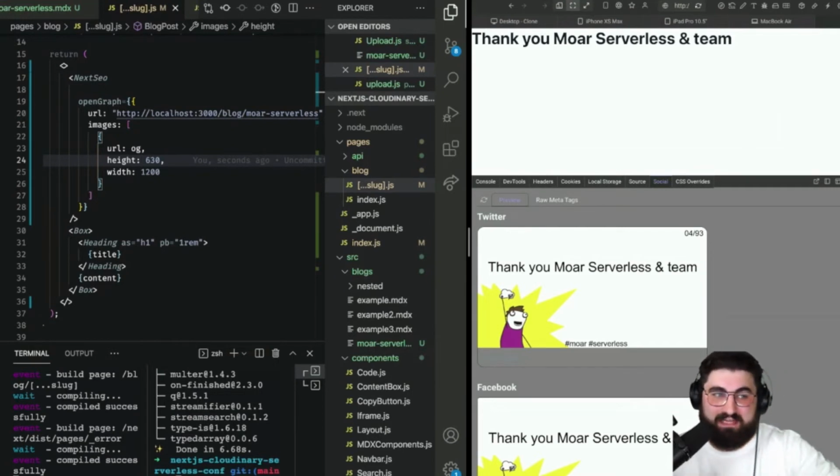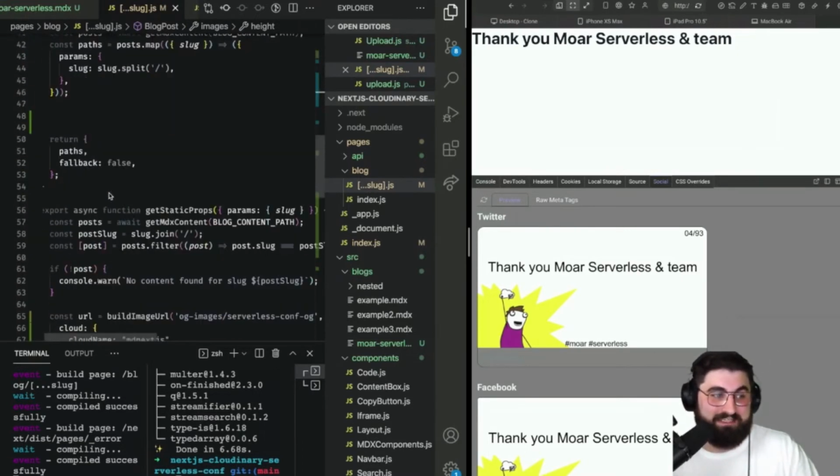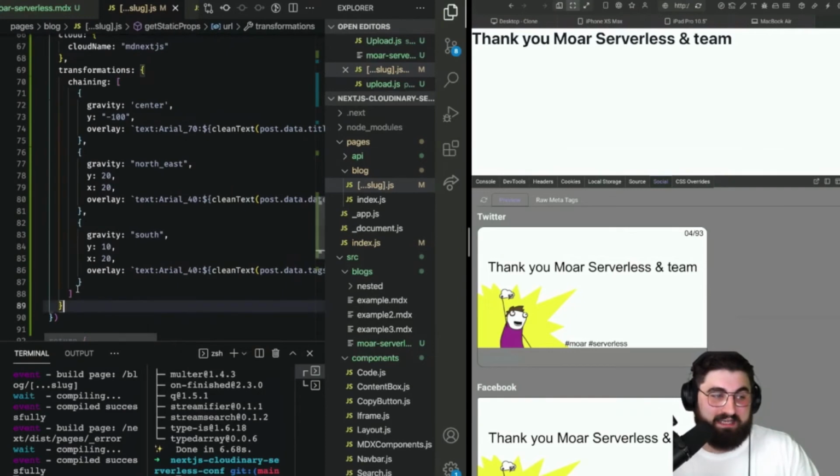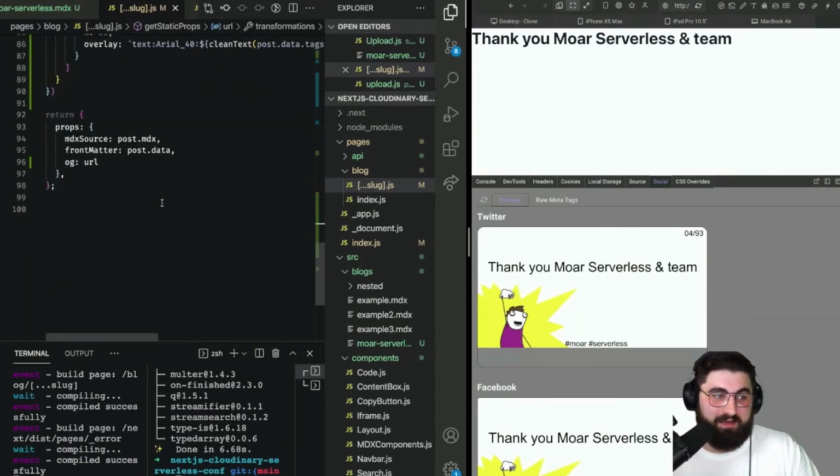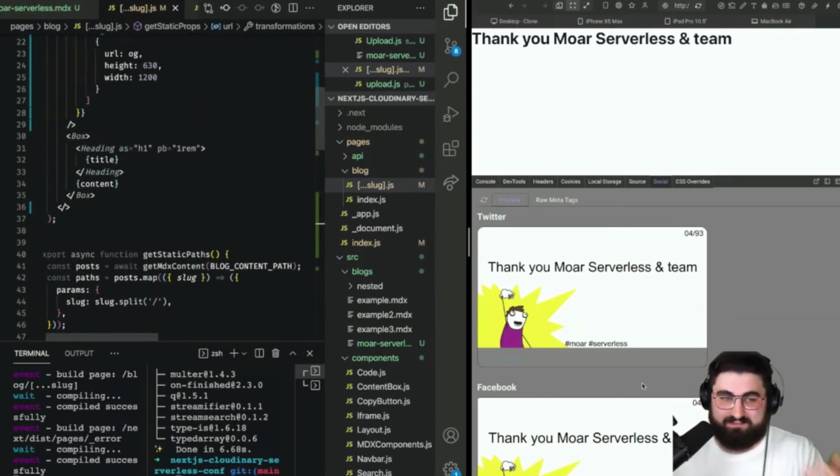Once you have that in your Cloudinary account, the world is your oyster. You can set it up in any which way that you want to start doing these dynamic things. You can do dynamic text. You can do dynamic images that have text on top of the image, on top of the text. It's an endless matrix of things that you can do with Cloudinary on top of your OG images. And as you can see here, we're pretty quickly able to set up a pretty complicated overlay system that passes right into our page and sets us up for really nice